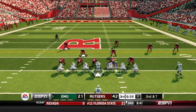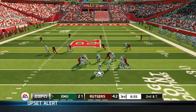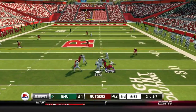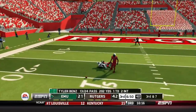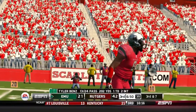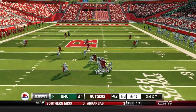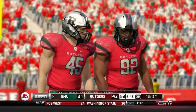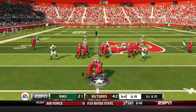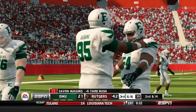And Tyler Benz now with some work to do. Down 21 points, now 2nd and 7, he's looking to throw. Sliding around, going deep, and it's dropped by Javon Tyree. He could have had that one easily. Tyler Benz back under center on 3rd and 7, looking to throw, and he is sacked again, this time by senior Jamil Merrill. Now our offense looking to close this one out, and Savon Huggins is dropped in the backfield